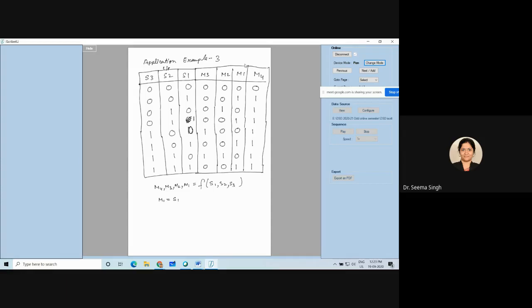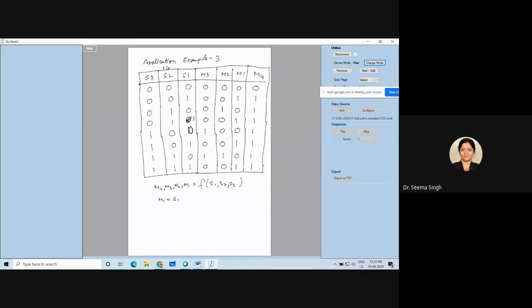Did you get the S1 answer? Yes, ma'am. So what will happen? You will get the S1 answer because the question itself says it is a don't care for it. M1 doesn't care for S2 and S3. So that is why M1 equals S1. This is an extra thing which I wanted you people to analyze.